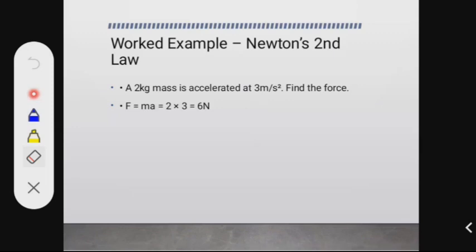So now we have this basic example. This basic example says a 2 kg mass is accelerated at 3 meters per second squared. Find the force. They already told us the mass of the object, and they also told us the acceleration that the object is moving at. So now with this,